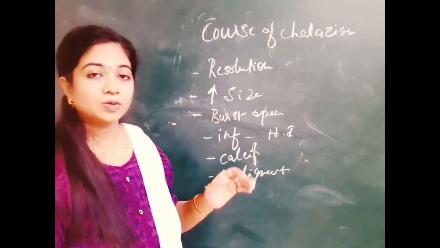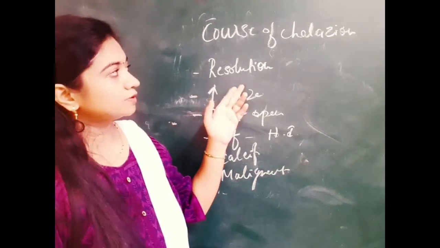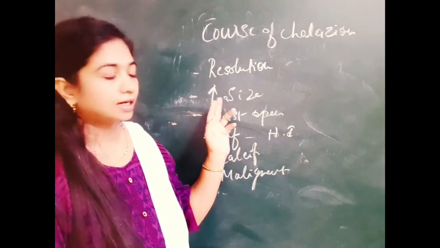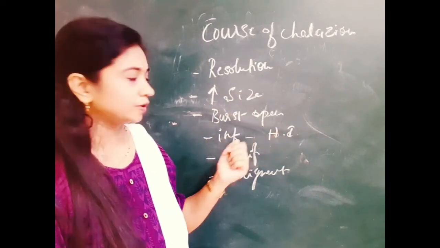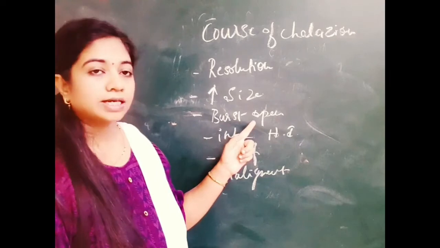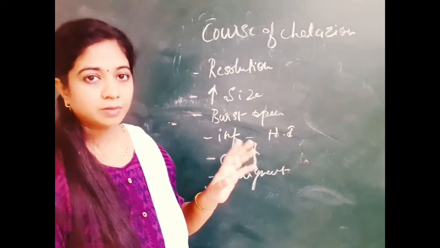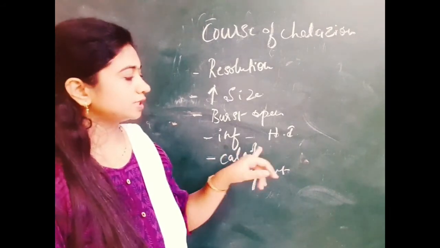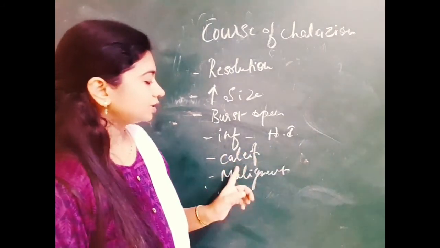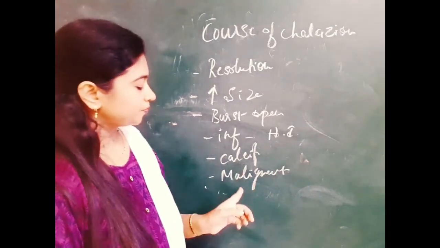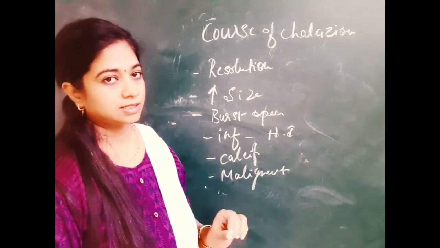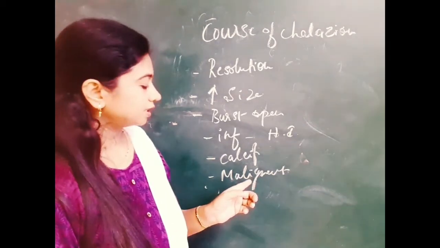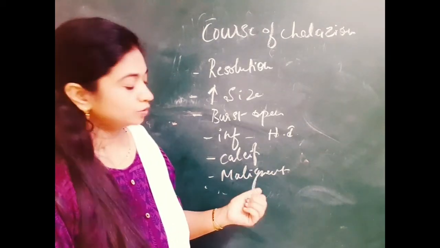So what can be the course of this chalazion? Complete resolution of the chalazion is very rare. It can increase in size and become big and end up in incision and curettage. It can burst open on the conjunctival side, leading to a fungating mass-like thing, or it can get secondarily infected by Staphylococcus aureus, leading to hordeolum internum, or there can be calcification within the chalazion, and even there can be malignant changes in the chalazion. So whenever a patient presents with recurrent chalazion, send the contents for biopsy and histopathology to rule out the malignant changes in chalazion.